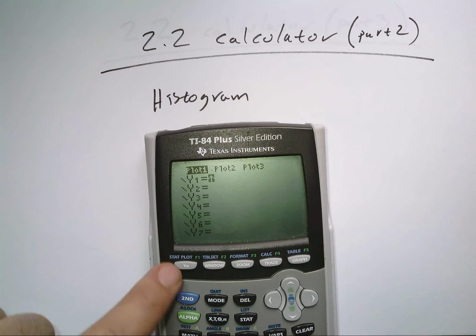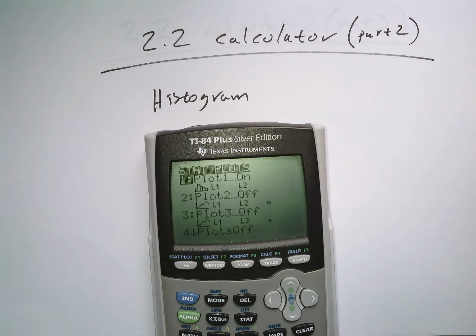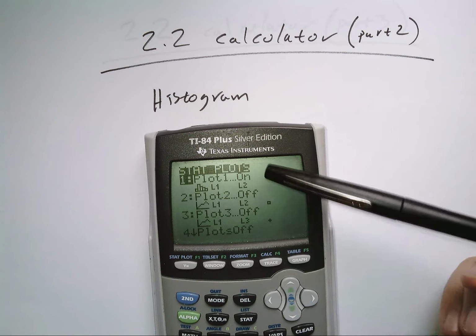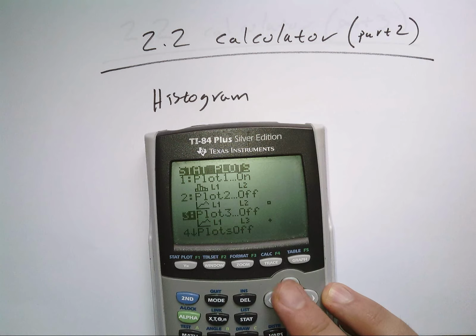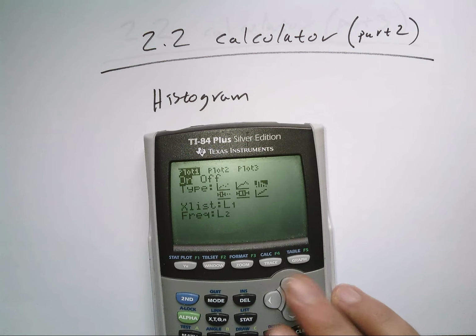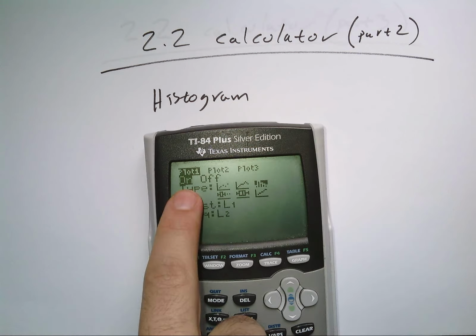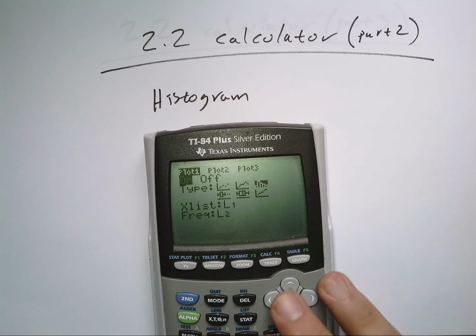Now go second Y equals to bring up the stat plot. Make sure all the other plots are off by highlighting them, going down the list, and then hitting enter, and that will go into them. And once you're in them, you can turn it on or off. Now all the other ones were off, so we're good. Now I'm going to make sure that plot 1 is on, go on top of it, hit enter,